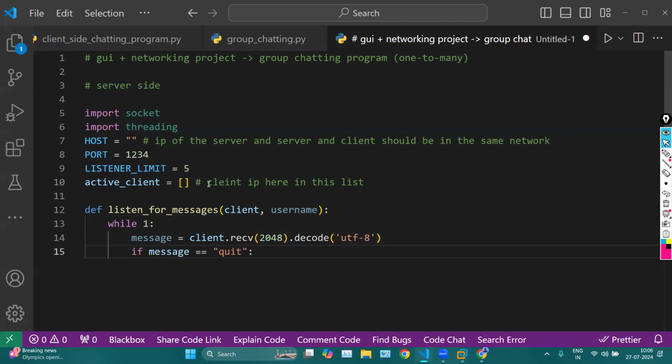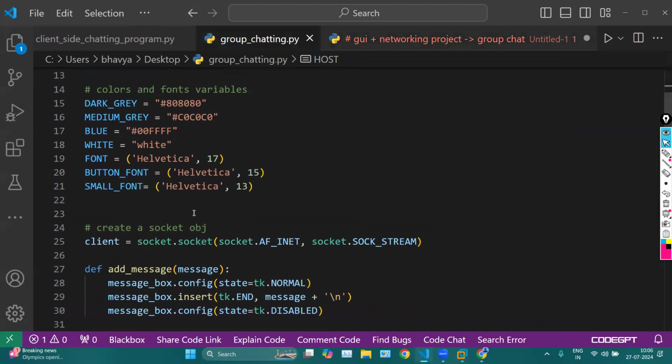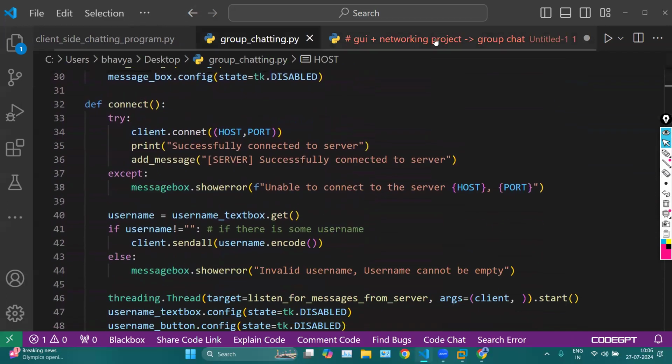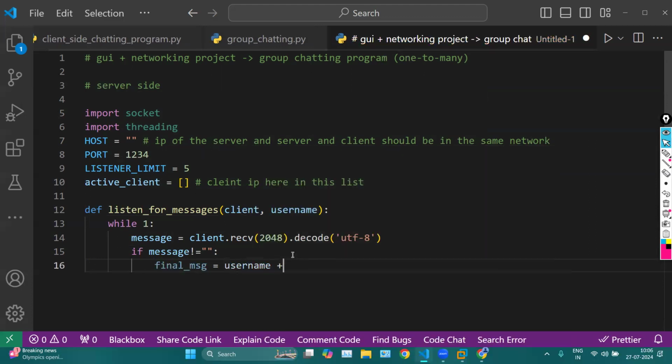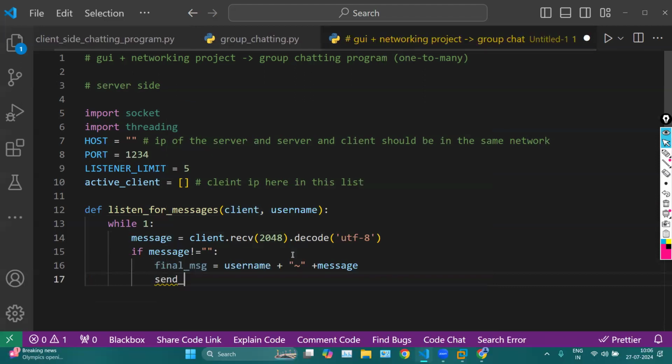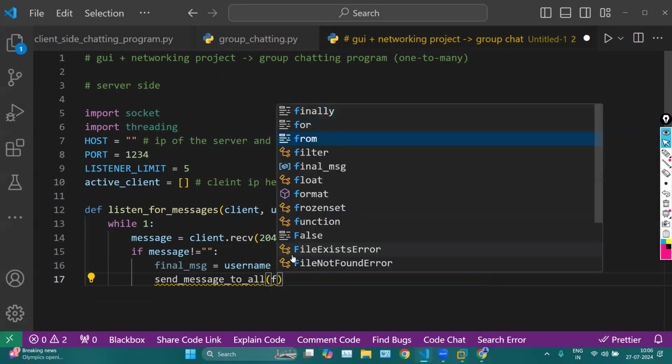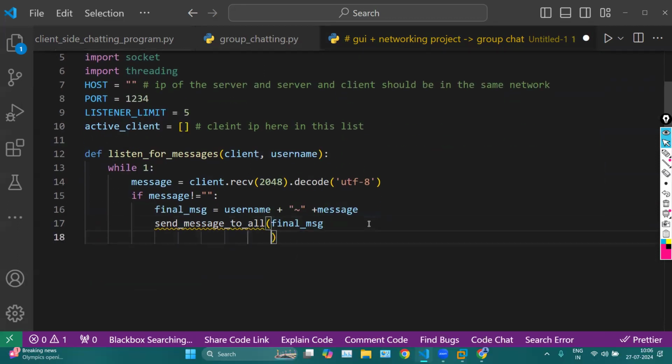Then if message, we can copy this part. Let's write it. If there is some message, then here we can print final_message equal username plus a separator plus message. Then here we can use send_messages_to_all. This is my function, which will send the final message. Okay, this is the final message. Else,